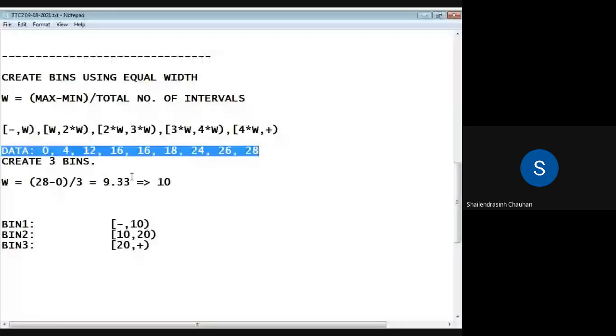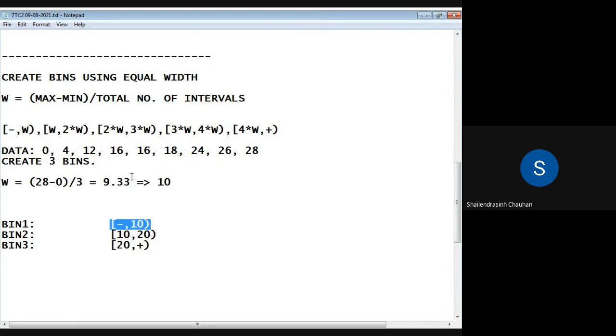From the given data, which values will be considered inside this bin? In this range, which values are there? 0 and 4. So you are going to assign 0, 4 in bin 1.